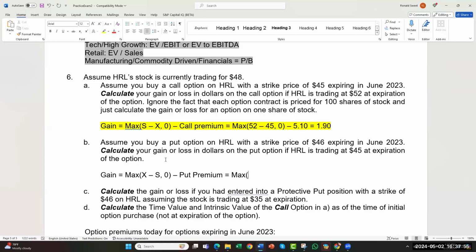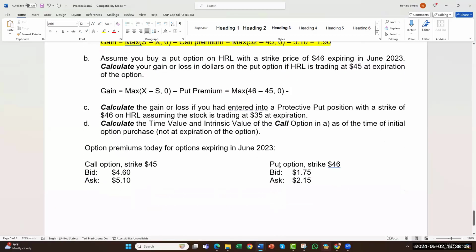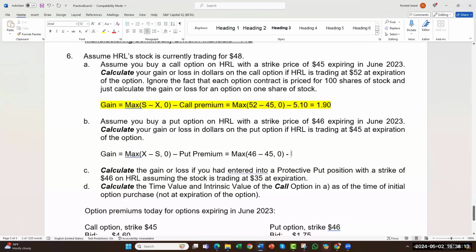All right, so here the put has a strike price of 46, and the stock is trading at 45. So that's kind of nice, but that's only $1. How much do we have to pay for this? Again, the ask price, $2.15. So we had to pay $2.15, so we're going to end up losing